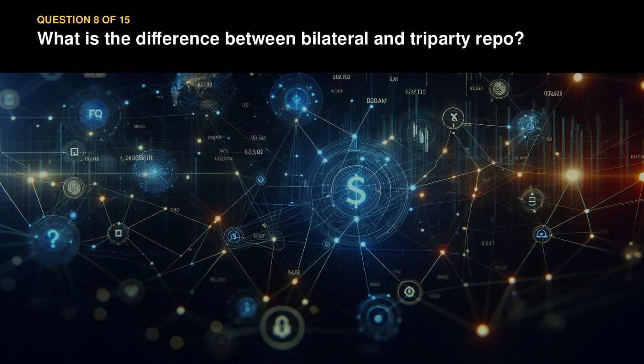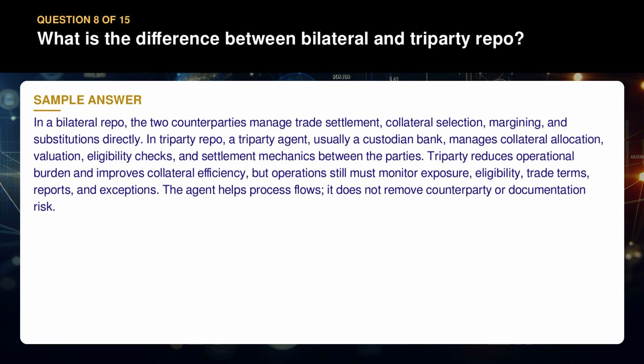Question 8. What is the difference between bilateral and triparty repo? In a bilateral repo, the two counterparties manage trade settlement, collateral selection, margining, and substitutions directly. In triparty repo, a triparty agent, usually a custodian bank, manages collateral allocation, valuation, eligibility checks, and settlement mechanics between